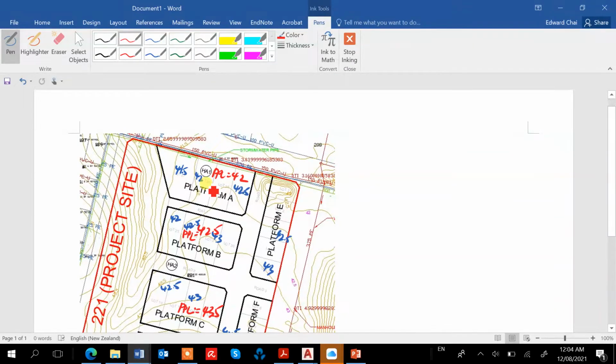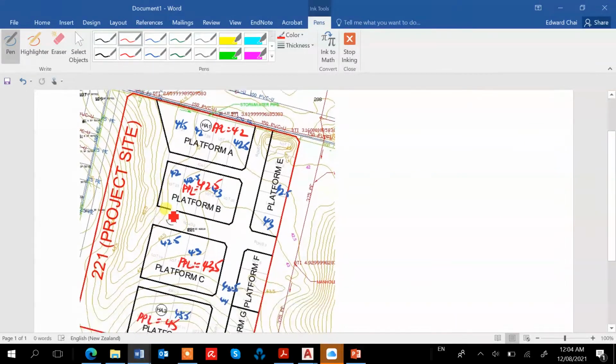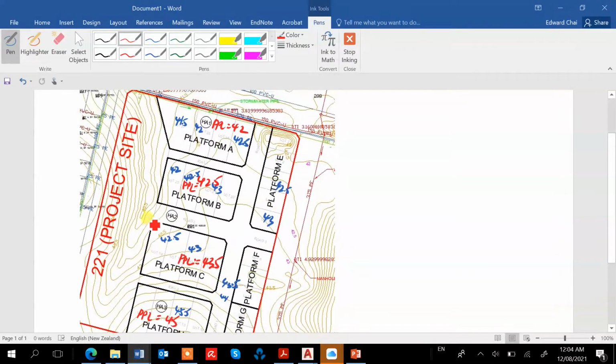Okay, so this is the same, this platform level, and this contour here is about 40.5. So the depth of the valley at the bottom is probably 40.5. So we're looking at about a 2 meter drop